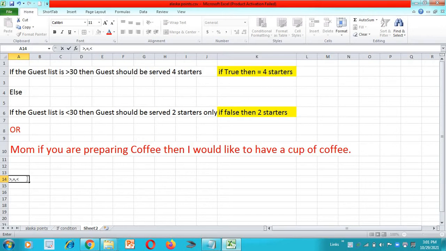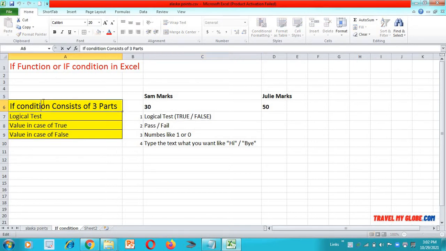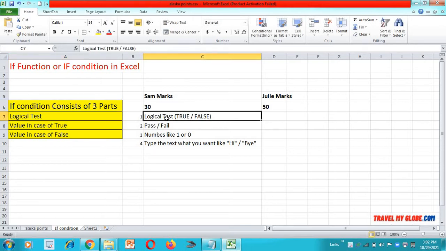But what if we want to type something else? Let's see in a better way. You can put a logical test like this by comparing two cells or two numbers. But first of all, let's see what the IF condition consists of.